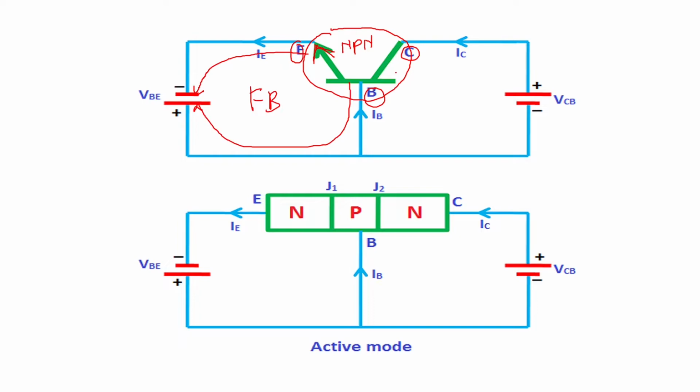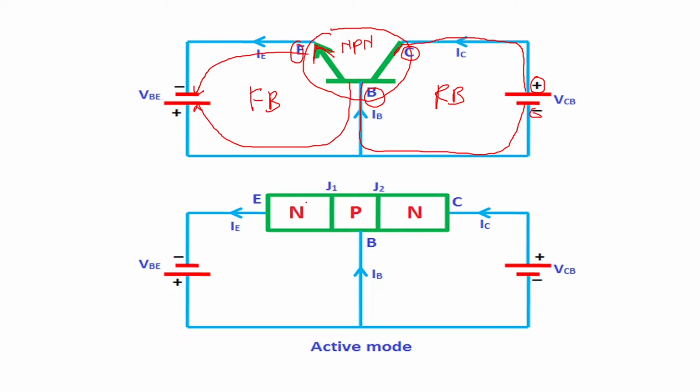Then if you go to the second junction connection, we can see the N-type semiconductor of collector is connected to the positive terminal of the battery, and P-type semiconductor of the base is connected to the negative terminal of the battery. So this is reverse bias condition. Okay. Same thing you can show in a structural diagram where the NPN transistor is in a structural form.